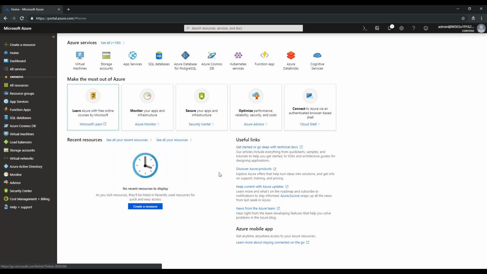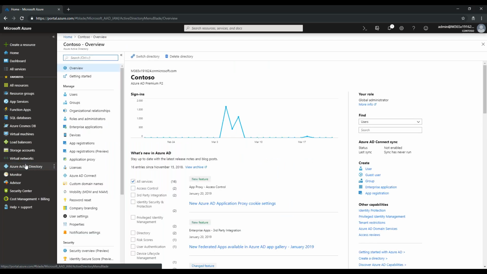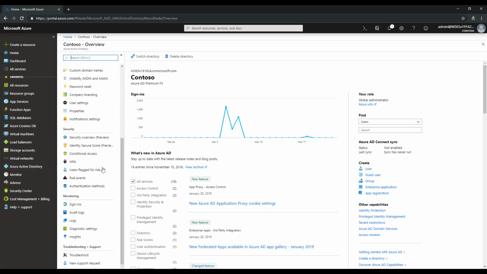As I said, every Azure subscription has an Azure Active Directory instance, called a tenant, linked to that subscription. With this subscription, I want to ensure that the vendor I have hired accesses my environment only through approved locations and approved devices. So I go to the security section. This is the section I'm interested in for the whole Azure Active Directory identity and management.